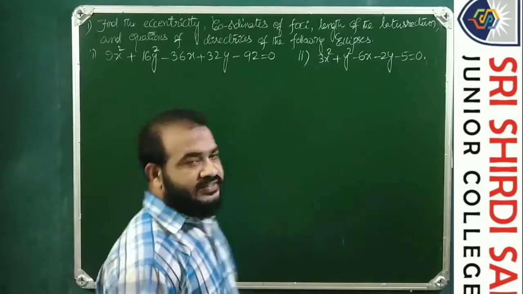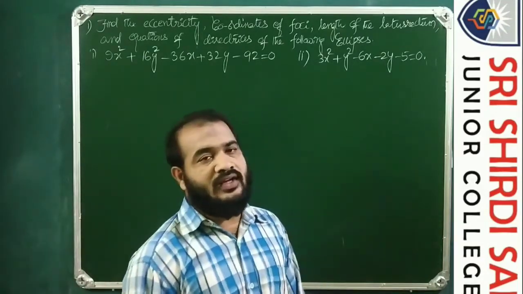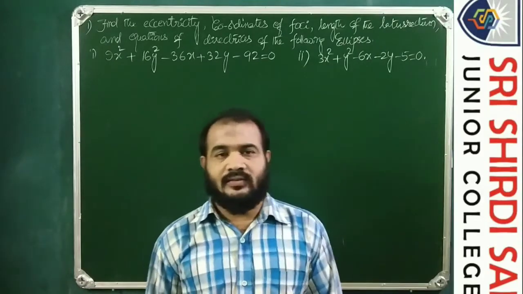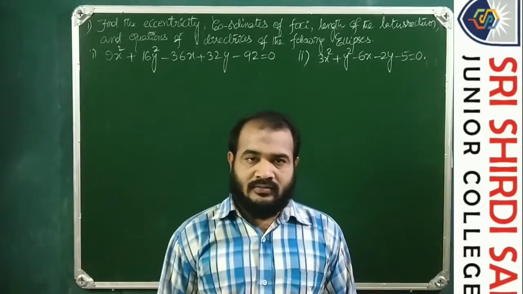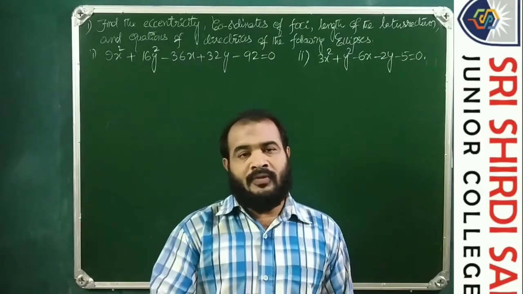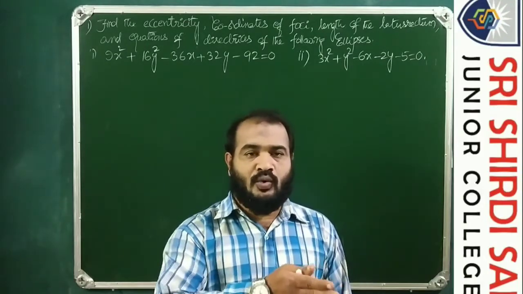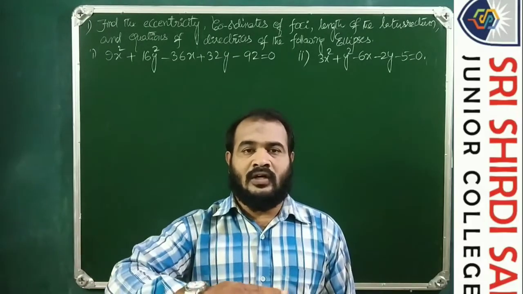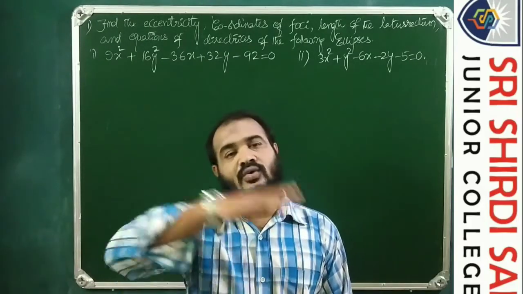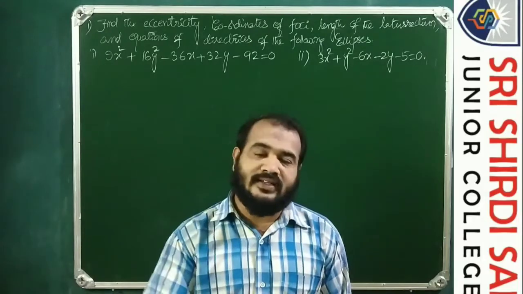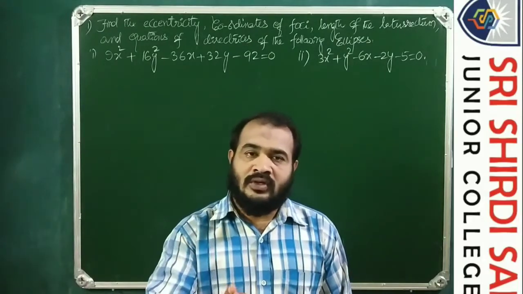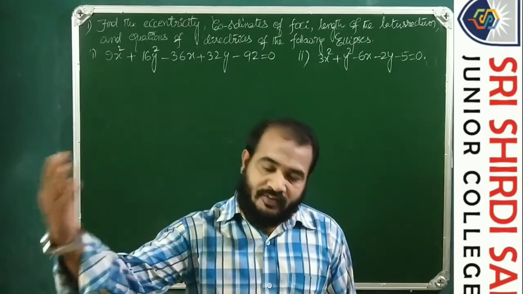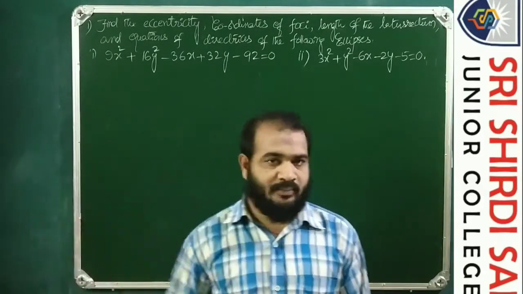So the two cases are given. Basically, ellipses are of four kinds. One is A greater than B, in which the ellipse has its center at the origin, and another whose center is shifted to a point other than the origin. And A less than B, which also has its center at the origin, and when the origin is shifted to (h, k).